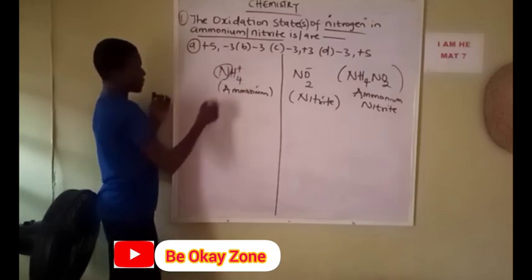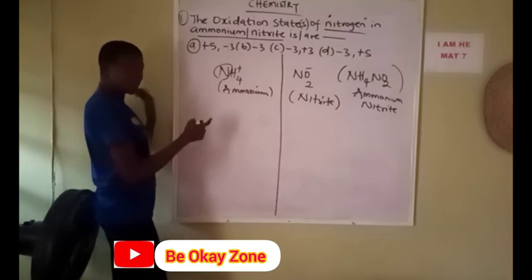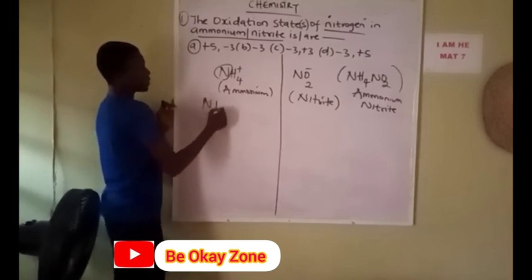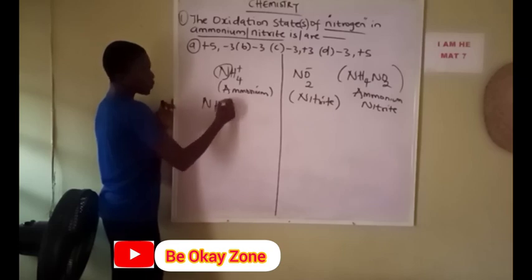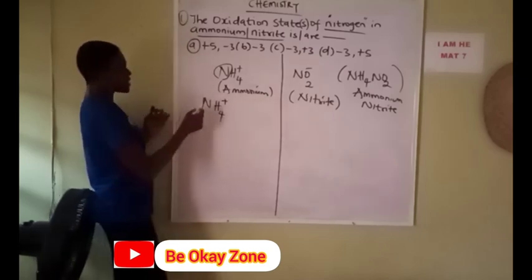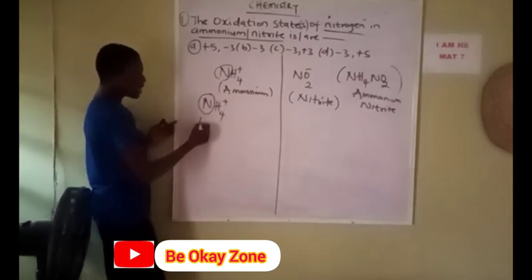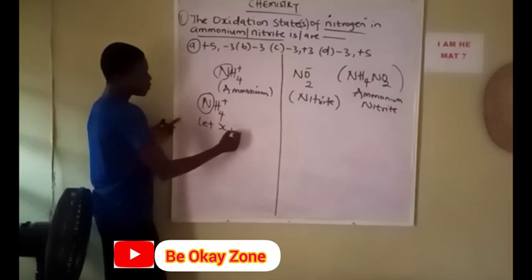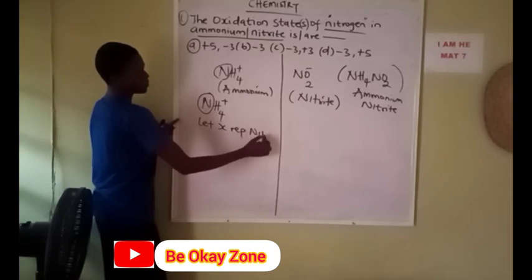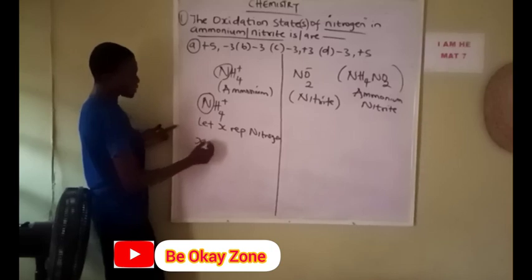So in this compound, we have NH4+. Take note. In this case, you're looking for N here, nitrogen. So we're going to make it x. Let x represent nitrogen mathematically. So therefore, we are going to do x plus